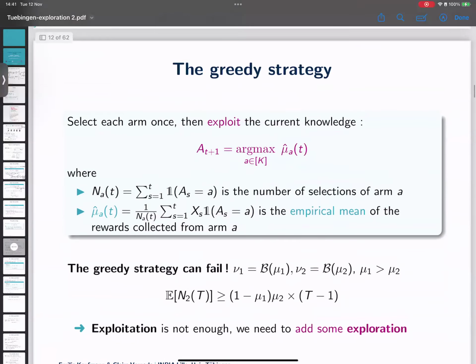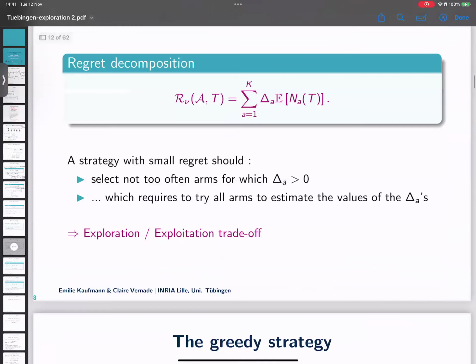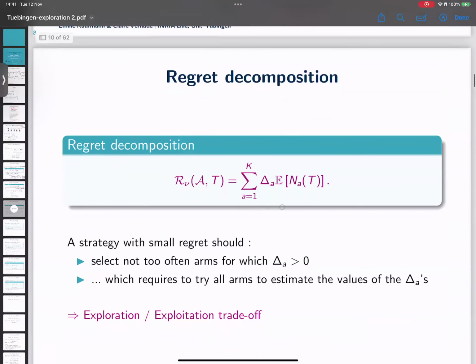Okay, that's a very good question. All right, so if you wanted to compute this quantity, you need to know mu star and mu A for all the arms. So not great. Our algorithm cannot rely directly on computing the regrets. We're going to have to go through other ways, like through the samples: every time we pull an arm, we get some information about this arm that allows us to estimate what the mean is, what these mu A's are.